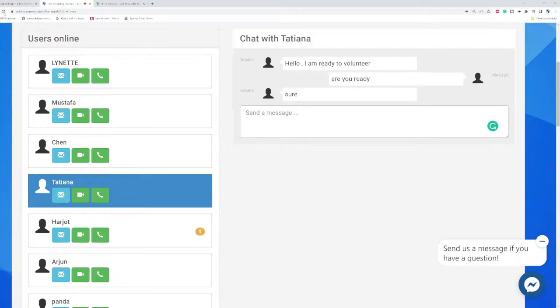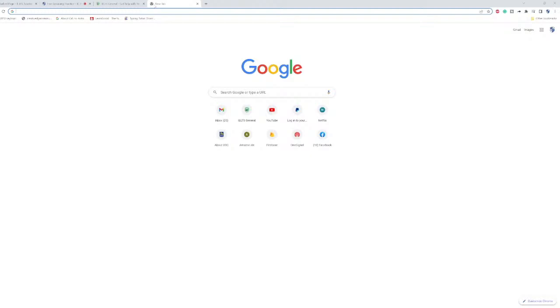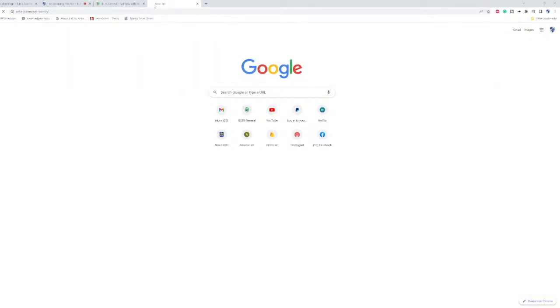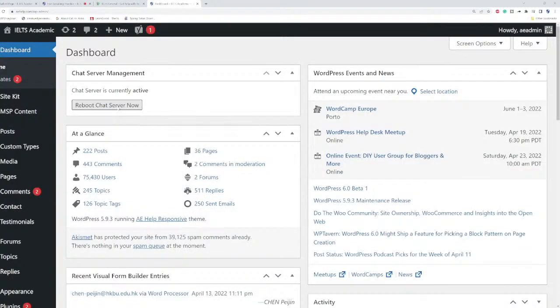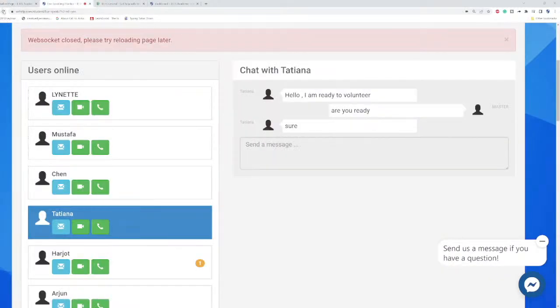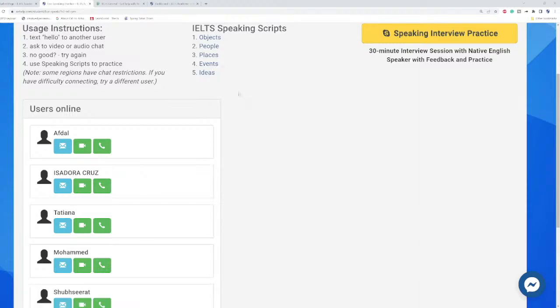I'll go there as well. Okay, let me do something here. Just give me 2 seconds, students. I can try something a little bit different that might help some of us here. Okay, you might have to reconnect or refresh the page. Yeah, so just reload the page, everyone. I just rebooted our chat server. We'll see if that works, okay? So here, let me reach out to Tatiana again. We'll see if that works. And I thank you for the super chat donation as well, Amrit. Okay.